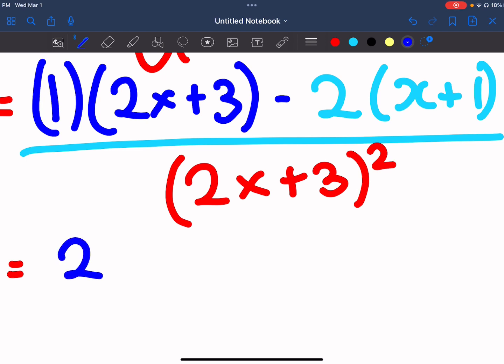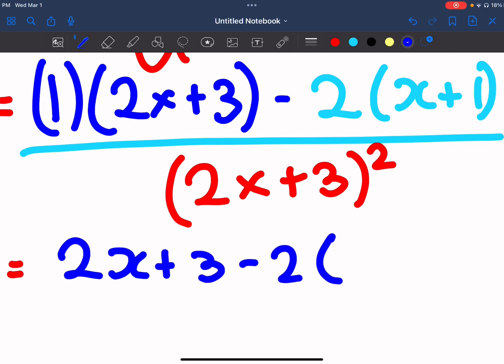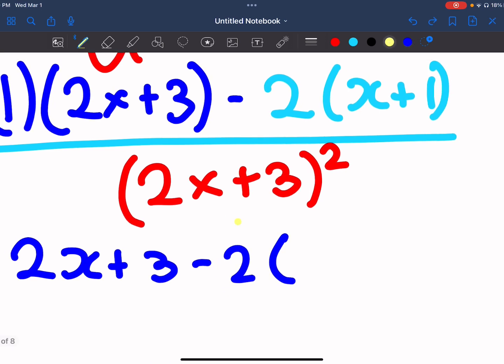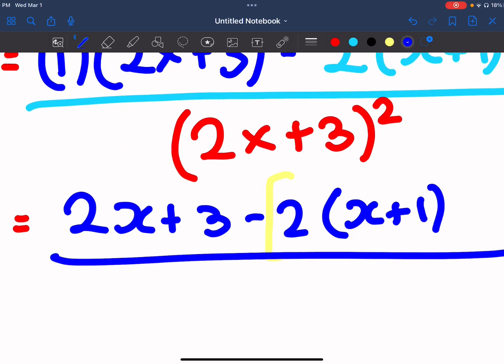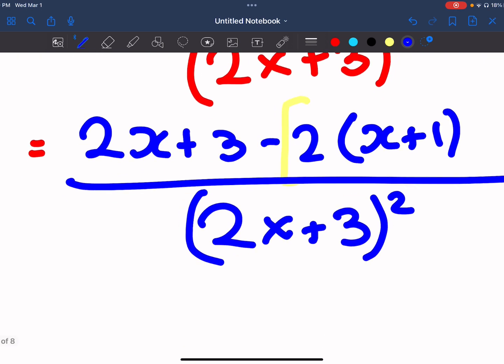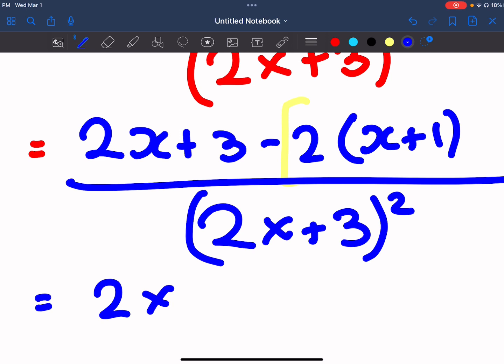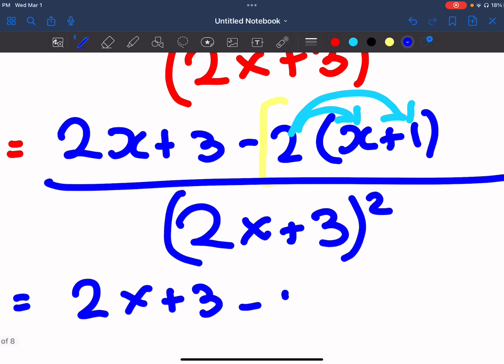So we'll have 2x plus 3 minus 2 times, so we'll keep this in brackets. I'll put this in a yellow bracket, minus 2 times x plus 1, which is equal to 2x plus 2, is all over 2x plus 3 squared. So this is equal to 2x plus 3 minus, and right here we're just going to be expanding what's in here, multiplying, like that, right? Minus 2x